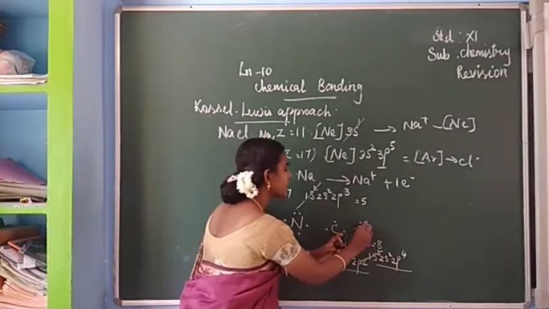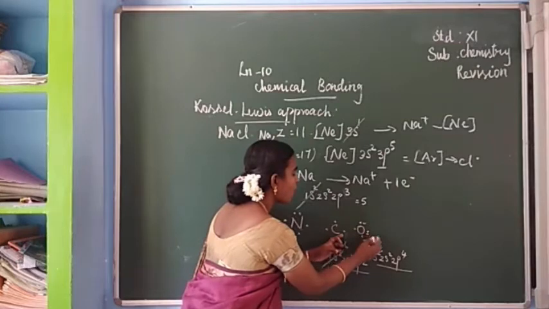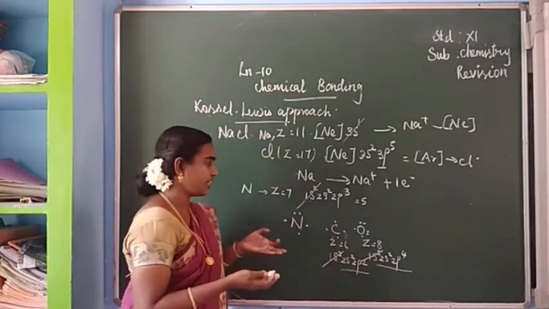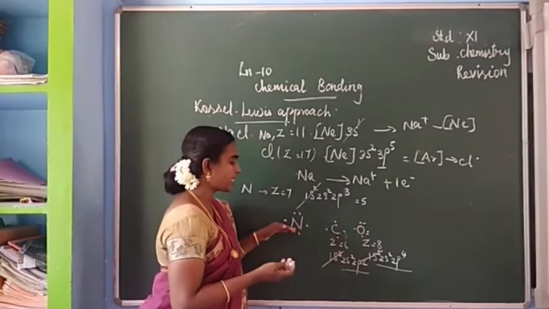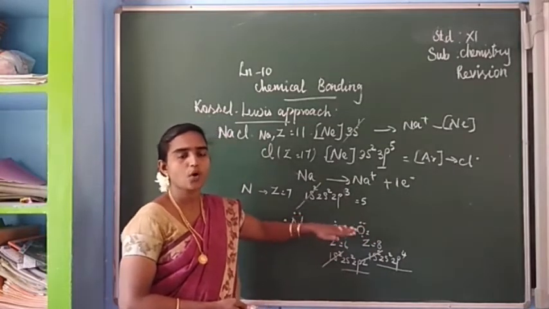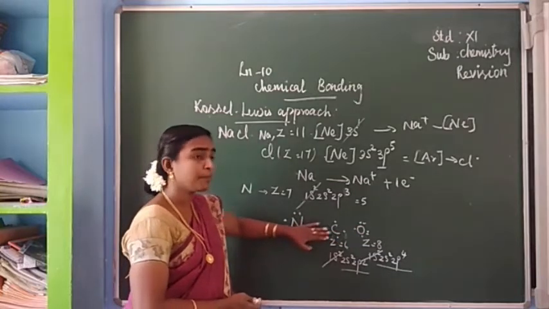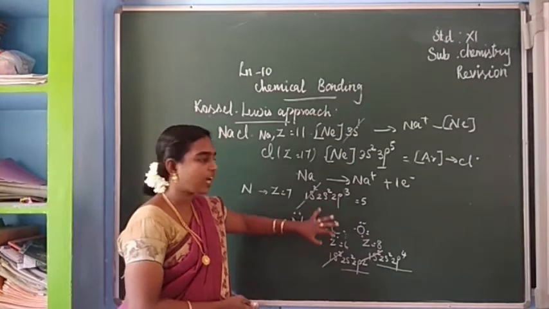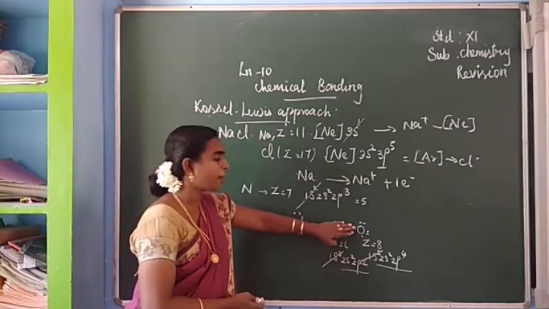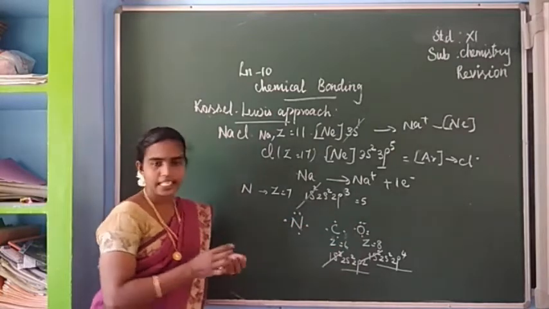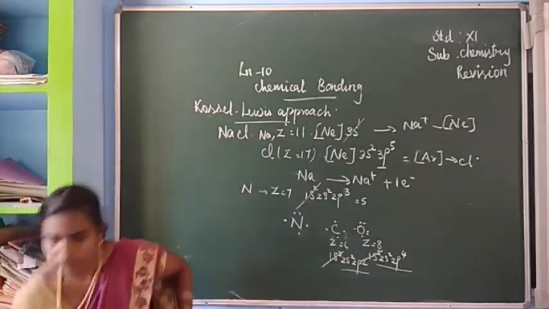So here onwards, here 1 and here 1. Or it may be this 2 side. That is depending upon our convenience. Okay. So totally 6 electrons. So this is the way of representation of Lewis dot structure for a particular atom, depends on valence shell. Okay. So number of valence electrons also a part of a chemical bond. Is it clear? So next we can see the next question, that is octet rule.